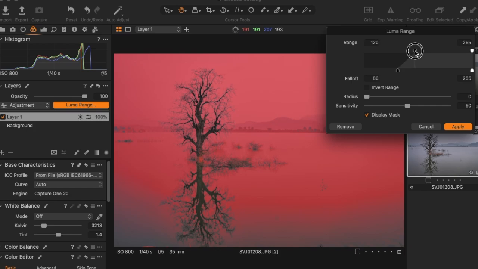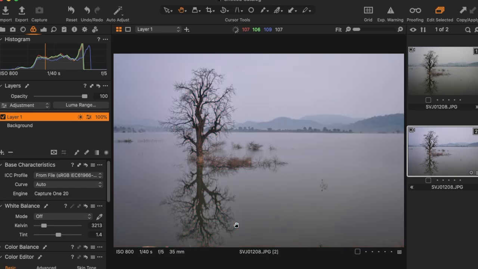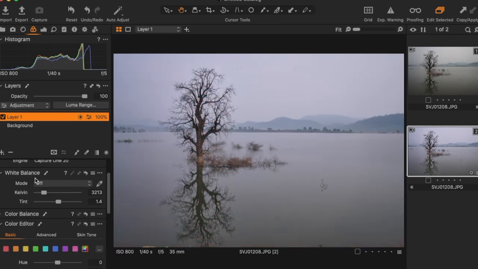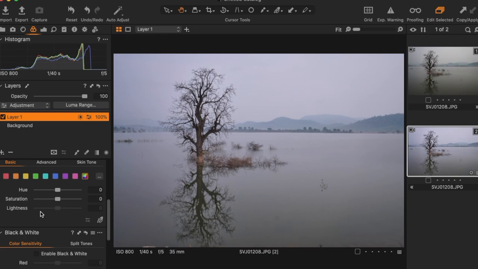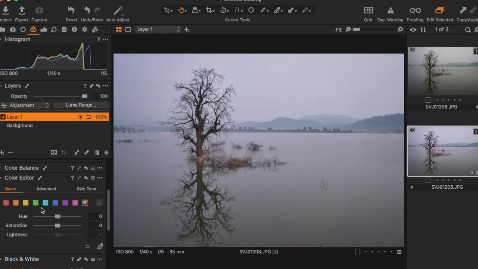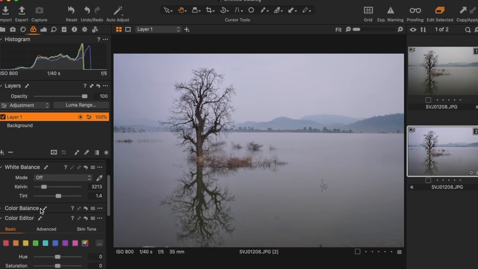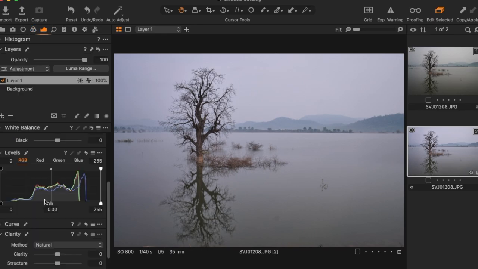We will take a little bit this side, slide towards the white point and make the fall off. So apply. Hit M again to hide the mask. Now whatever the adjustment we will apply, they will be applied within the selected mask only. So let's go to exposure. Exposure tab is here.